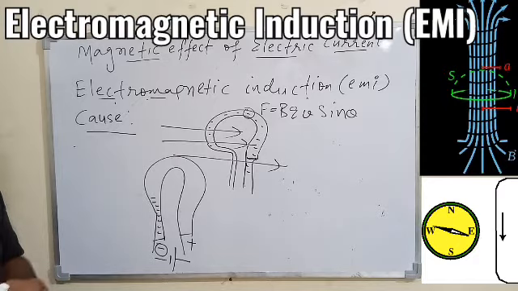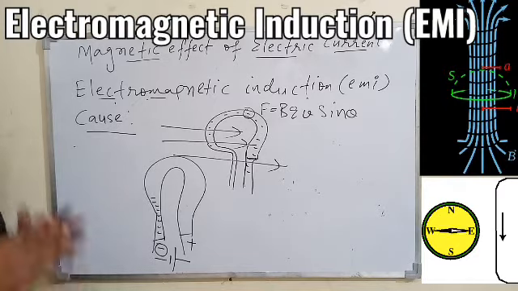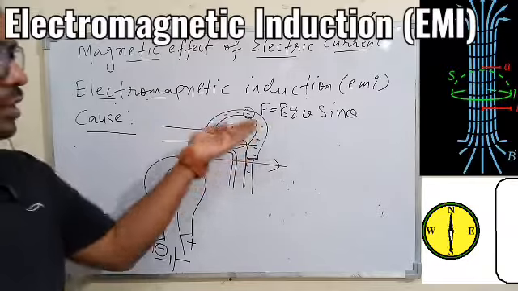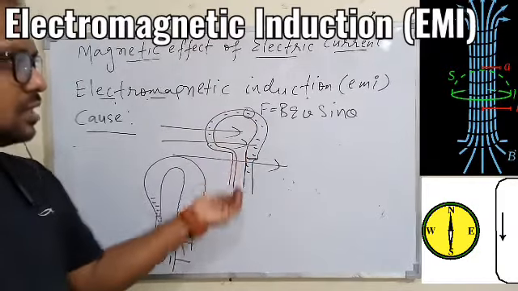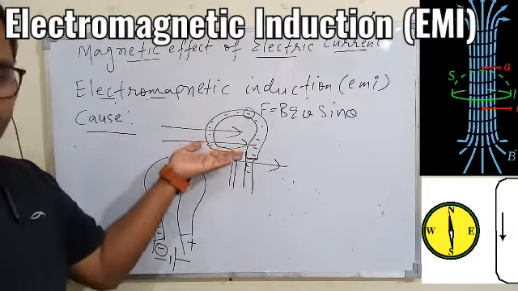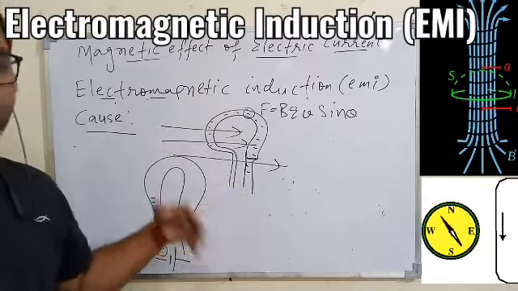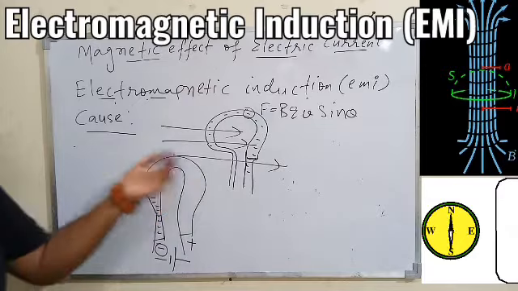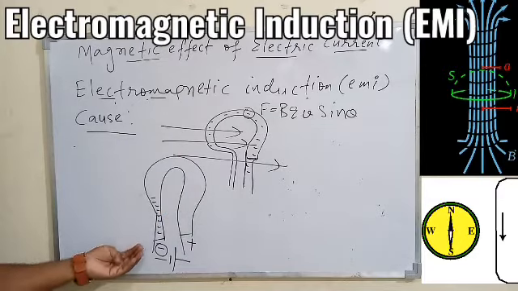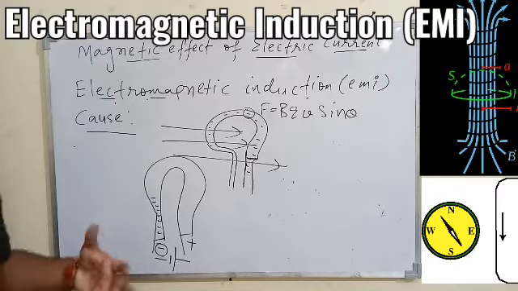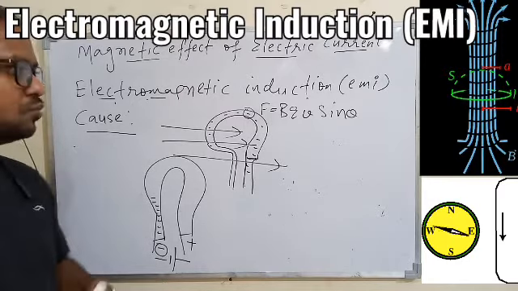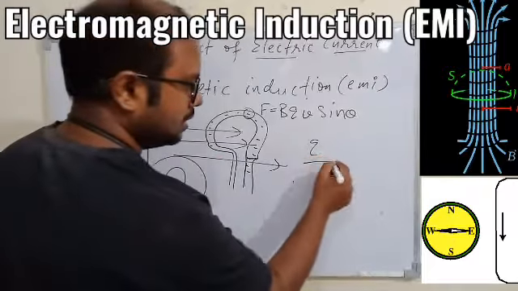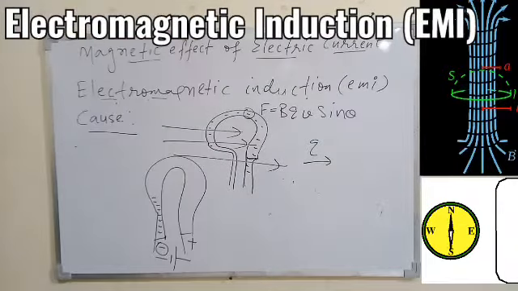So I am repeating again, overall the electromagnetic induction is just because of the force given to the electric charges. Once the electric charges are in motion in the conductor, and the conductor is placed in the magnetic field, the charges will start getting the force and will shift in a particular direction. And if the charges start moving in a particular direction, what will happen? There will be a current, because we know the flow of charge is nothing but the flow of current.